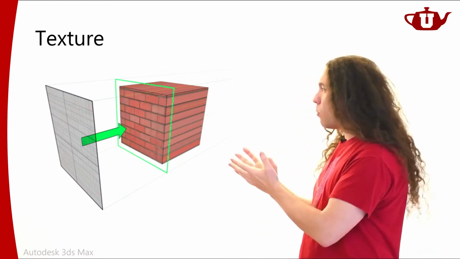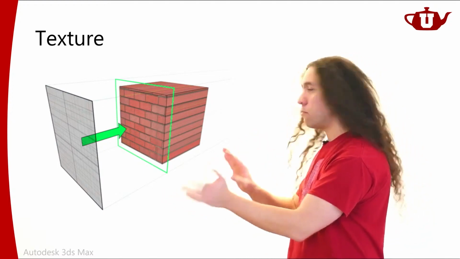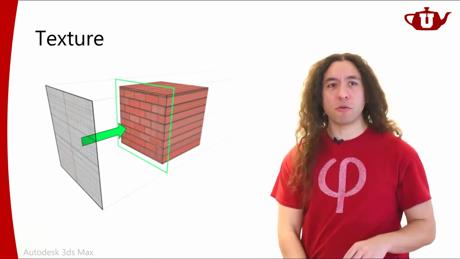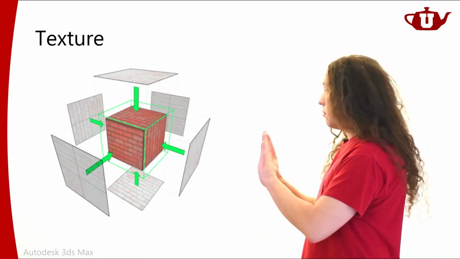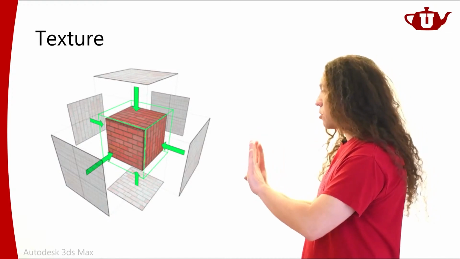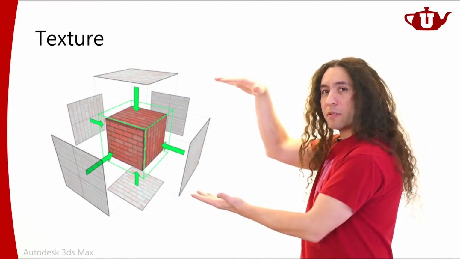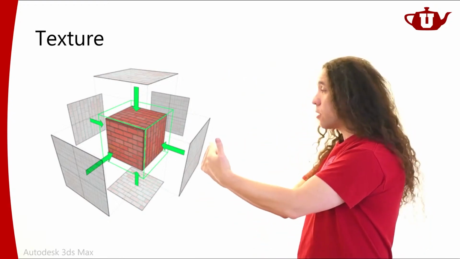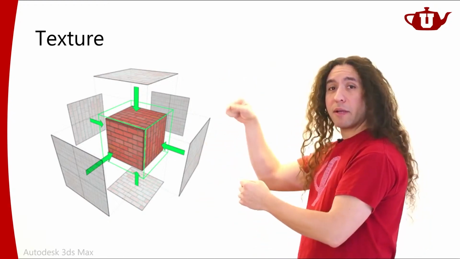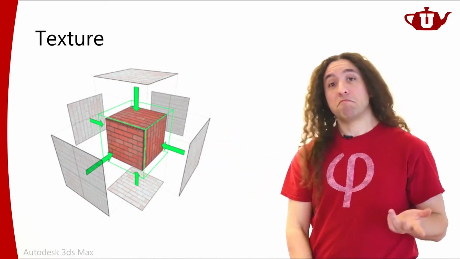But if this is not what I want, if I want to see this texture repeated on every face of the cube, maybe I should map it like this. I could take the same texture and attach it from different directions. So based on the direction of the surface normal, I can figure out which one of these I use.